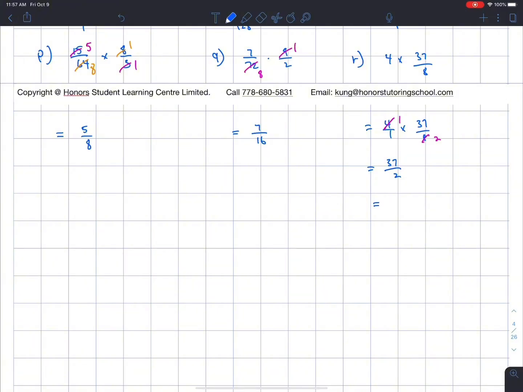I can change this to a mixed fraction by doing a long division. 2 goes into 3 one time. I subtract. And then 2 goes into 17 8 times. 2 times 8 is 16. So we get 18 and 1 over 2. And then S